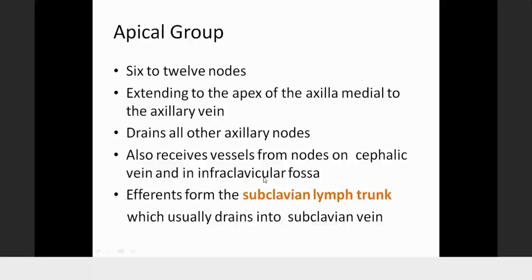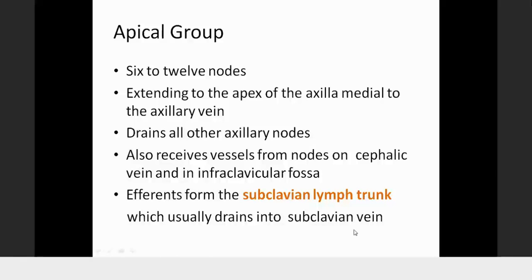Infra means below, clavicle. Below the clavicle, the fossa. In that fossa, there are also some lymph nodes that also form afferents to the apical group. Apart from other axillary nodes, the nodes on the cephalic vein and in the infraclavicular fossa. And the efferents from the apical group form a subclavian lymphatic trunk. All the efferents form one lymphatic trunk, which is called the subclavian lymphatic trunk, and that usually drains into